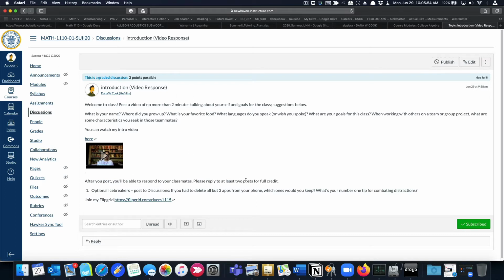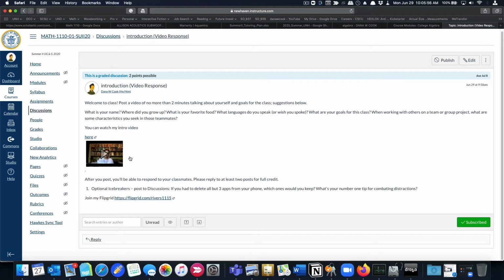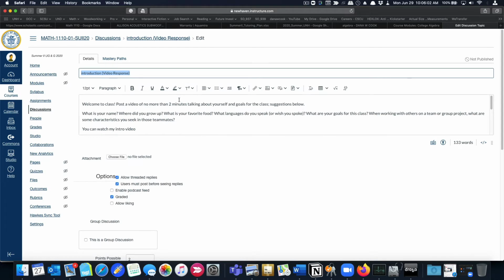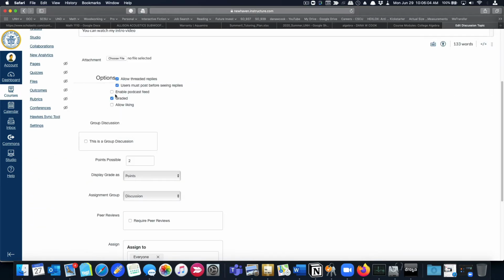This created the assignment, and if you go to edit it, it's like any other page with these areas, except you can choose to have it as a graded item, and once it's graded, it adds all this region: allow threaded replies, which is what we want, I believe, and users must post before seeing replies, which is what we want. We want them to put their post up there, then they can reply to other people.